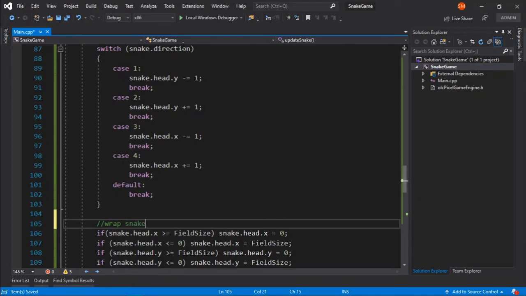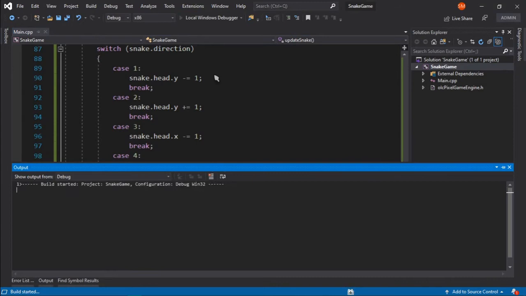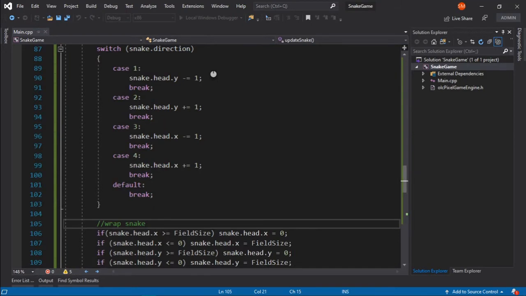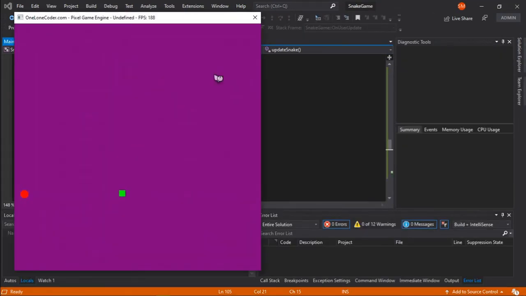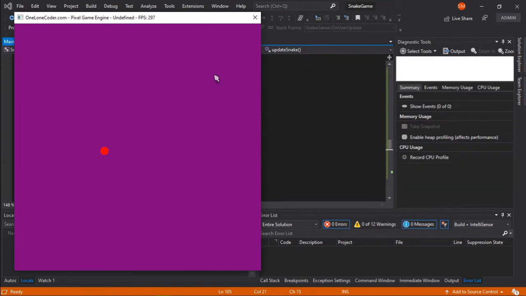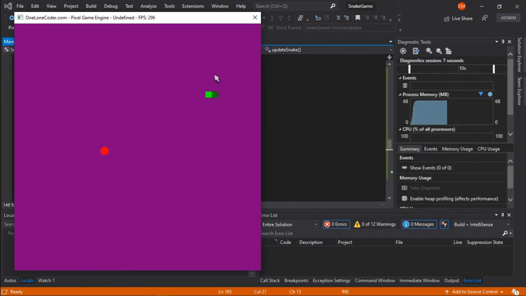So now if I run this code, you can see that there's going to be some issue here. If I get outside the screen, and if I get above the screen, this one works. If I go outside the 0, it takes me here, and if I go outside here, it takes me here.